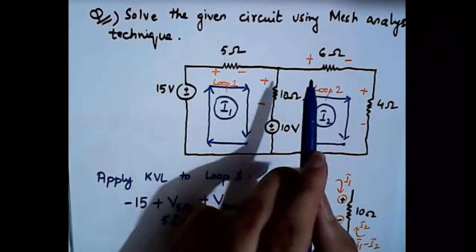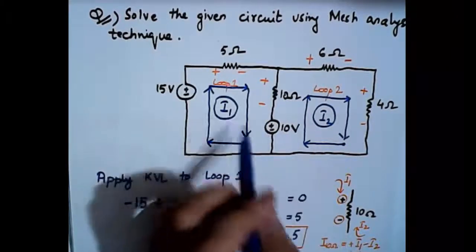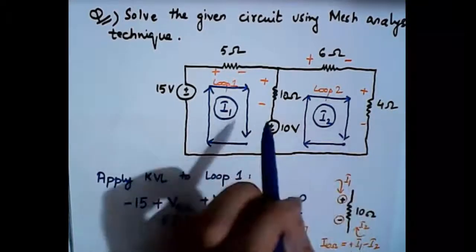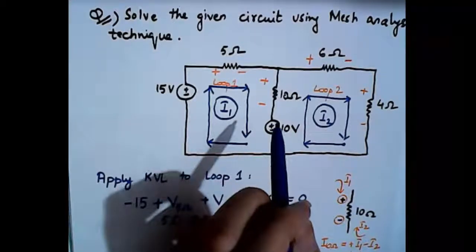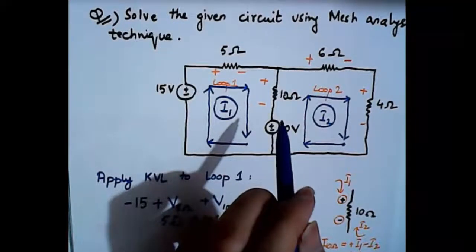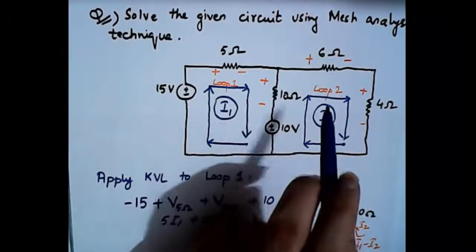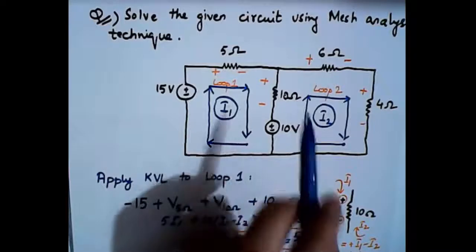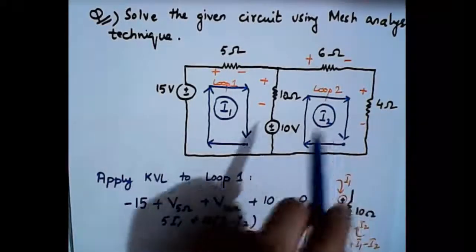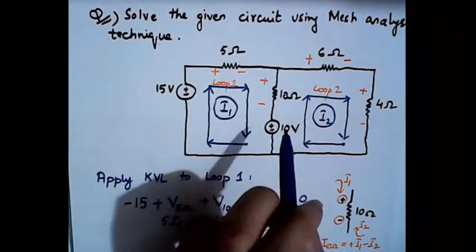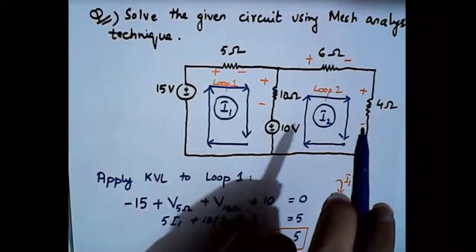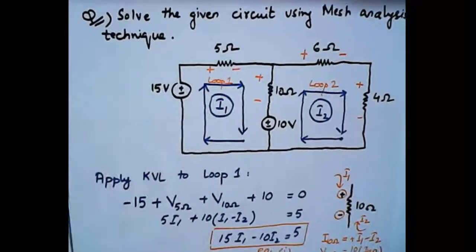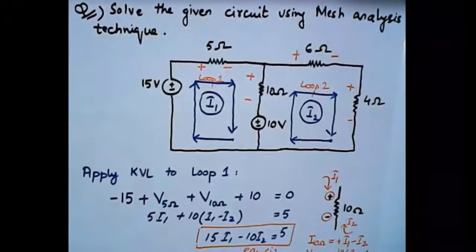Another question that a few of you may ask: at the moment we have taken the current direction to be clockwise. What if we take the current direction to be anti-clockwise? Let me tell you one thing. Even if you take the current direction as anti-clockwise, this will have no impact. The answer will be the same. But the important thing is you need to have the same direction throughout the question. If you are having a clockwise direction, then all loops must be in clockwise direction. If you are having anti-clockwise direction, then all loops must be in anti-clockwise direction. That is solely up to you, right?